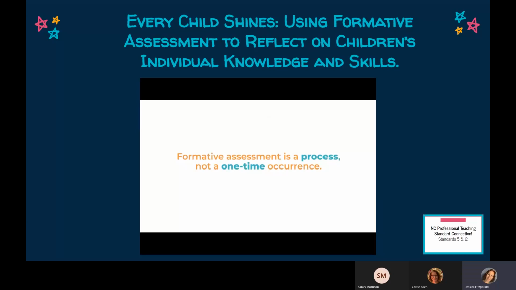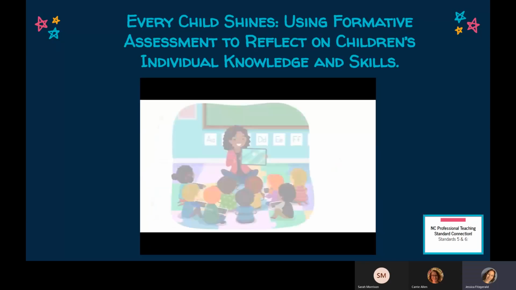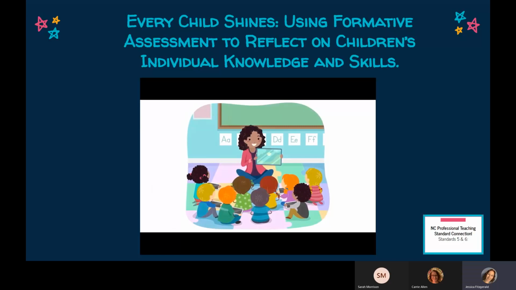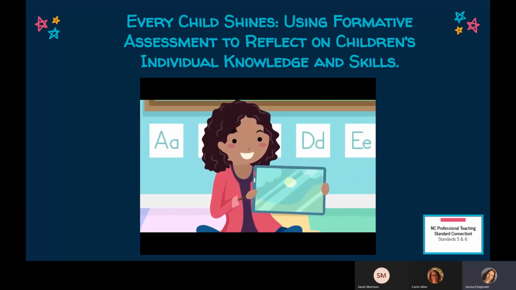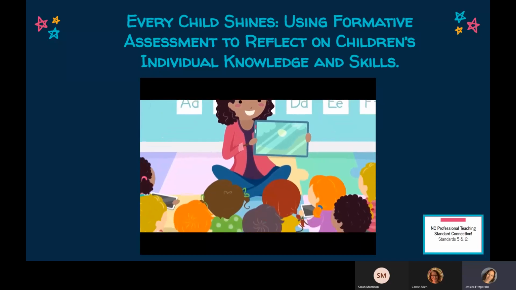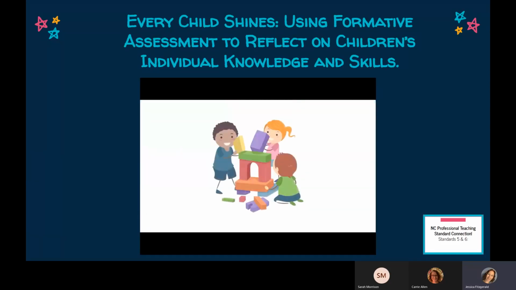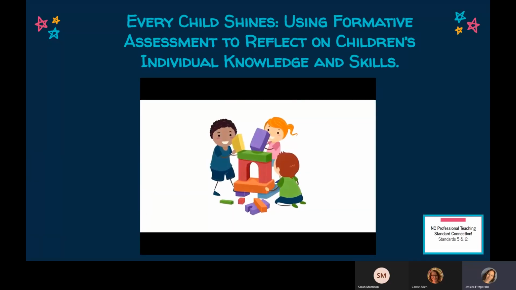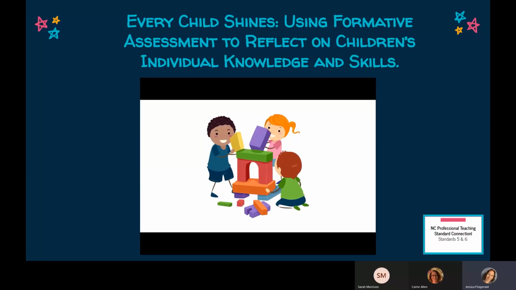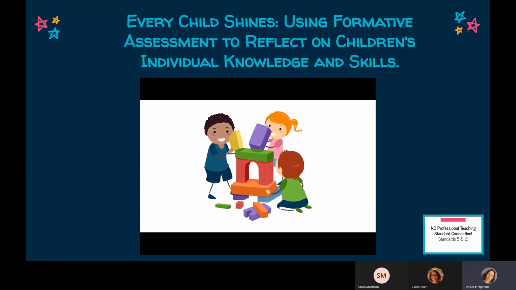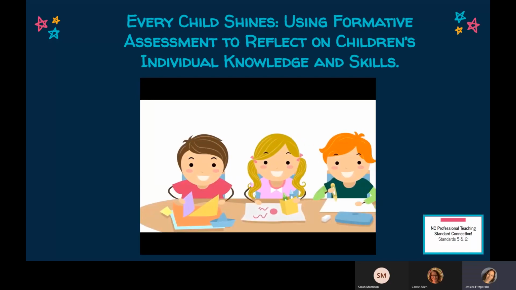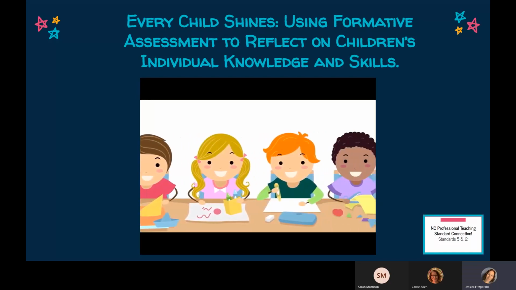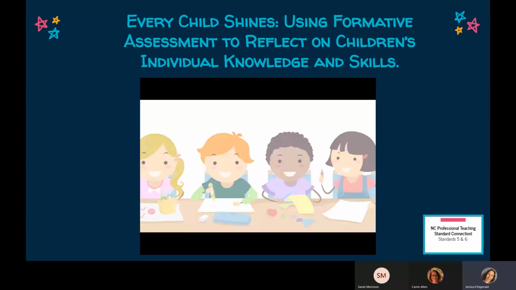Formative assessment is a process, not a one-time occurrence. First, teachers determine what they need to know about individual or small groups of children. Next, teachers use relevant measures and methods to collect that information. For example, teachers can observe and document children's activities, conversations, and behaviors in whole group, small group, and individual lessons using anecdotal notes or records. Ask open-ended or closed prompts or questions and document children's responses.